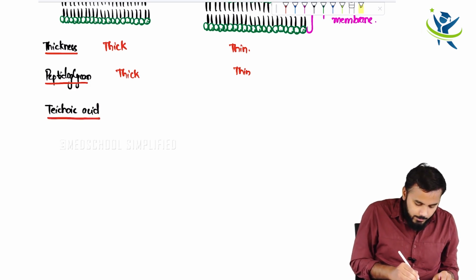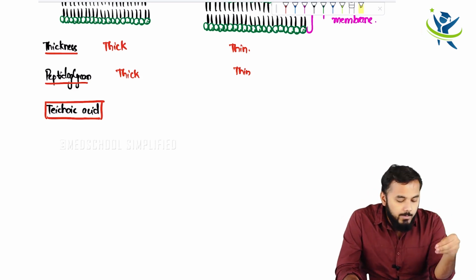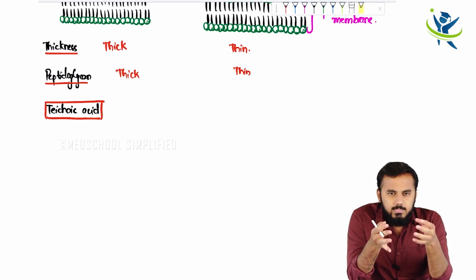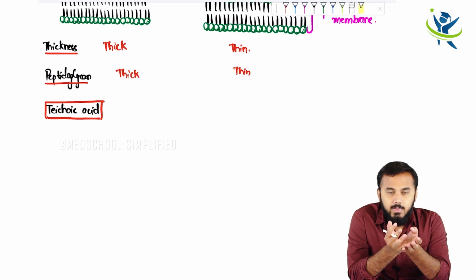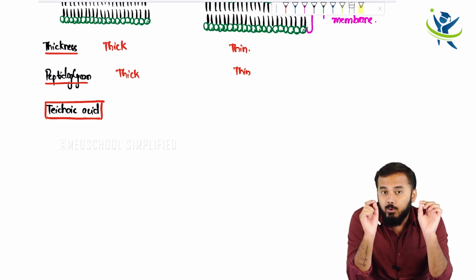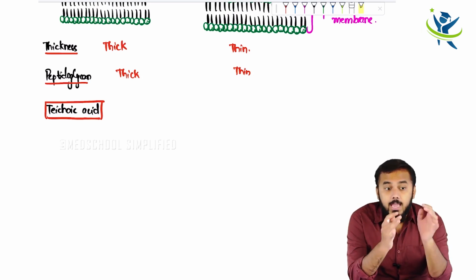So what is the important thing about teichoic acid? I'm telling you guys, teichoic acid is most commonly present in gram positive bacteria. The use of teichoic acid is that it maintains the structural integrity of the bacteria. It maintains the shape of the bacteria, right? This thing every one of you knows. But what is that important thing which you need to know? Apart from maintaining the structural integrity,